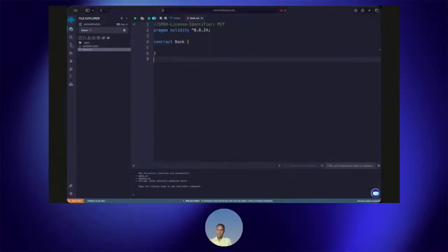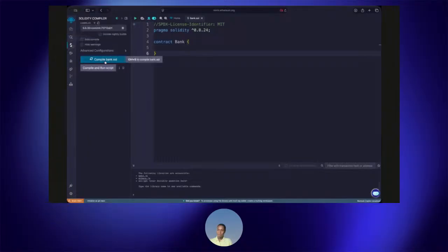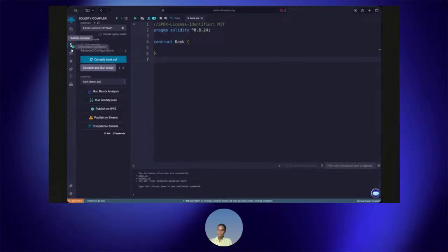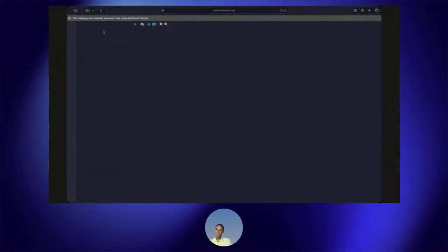So just a quick walk through on how to compile your code before we dive into the real code or the real functions of this contract. You can just come to the Solidity compiler tab and then click on compile. And you'll see this green check mark saying compilation successful, which shows you that you have successfully compiled your code. And you can see the compiler over here, which allows you to select the compiler version.